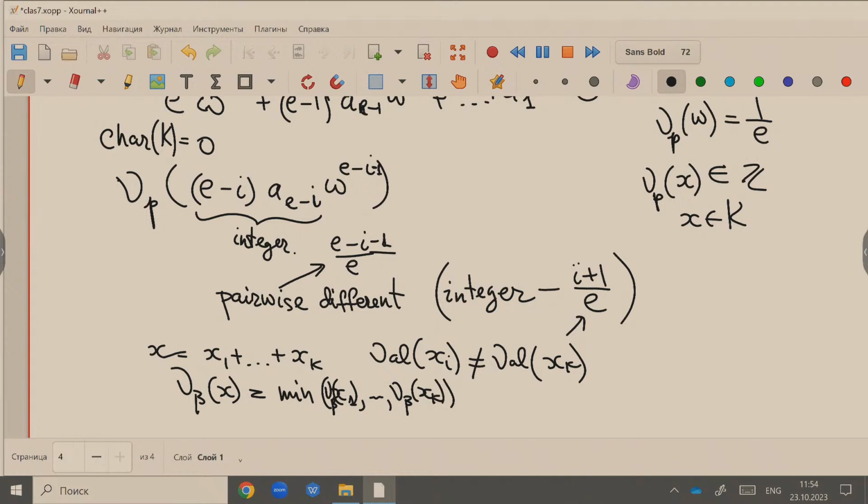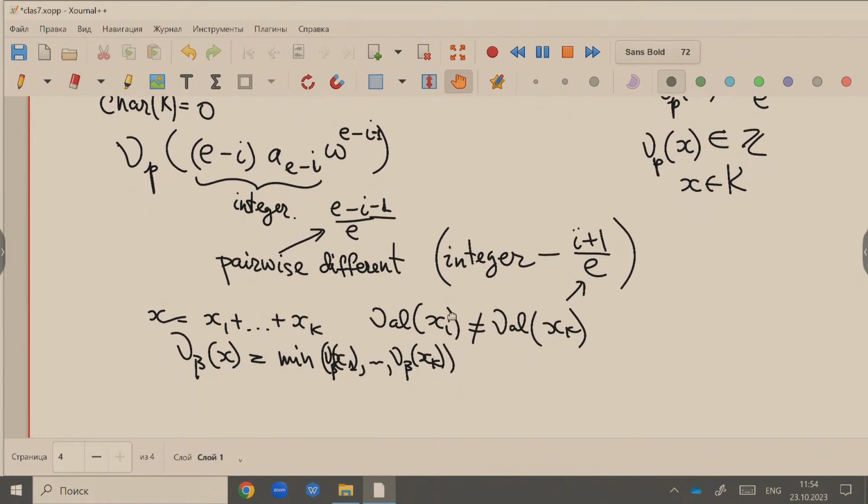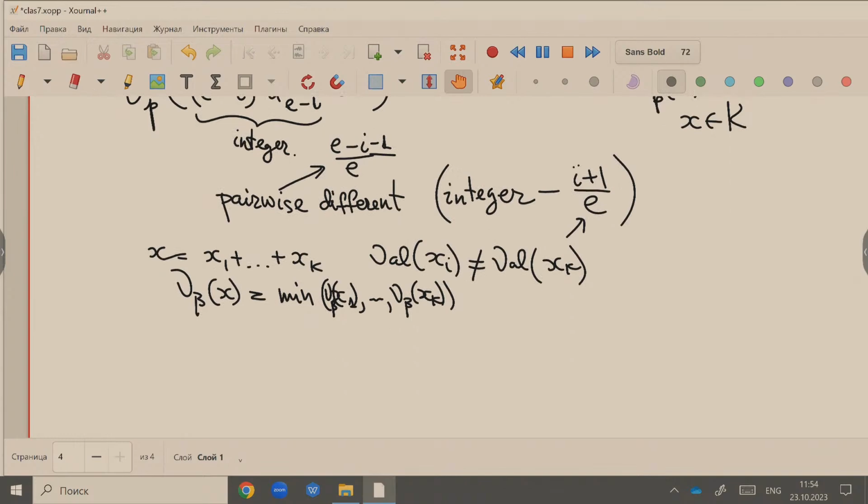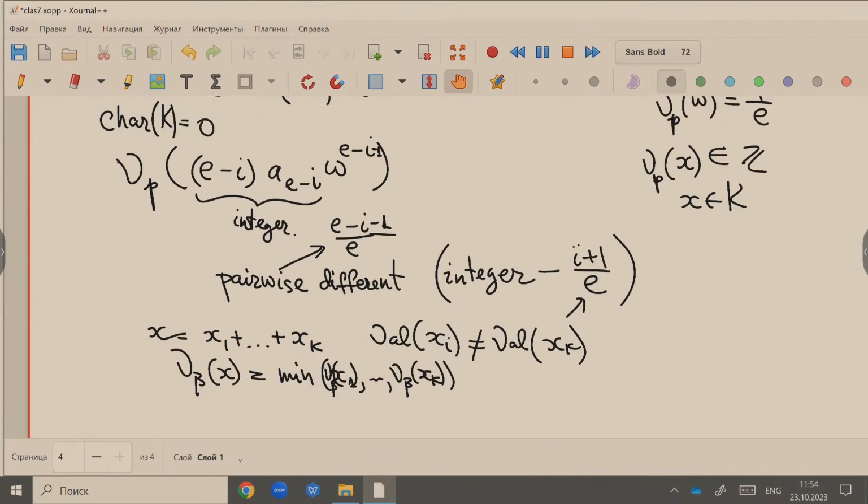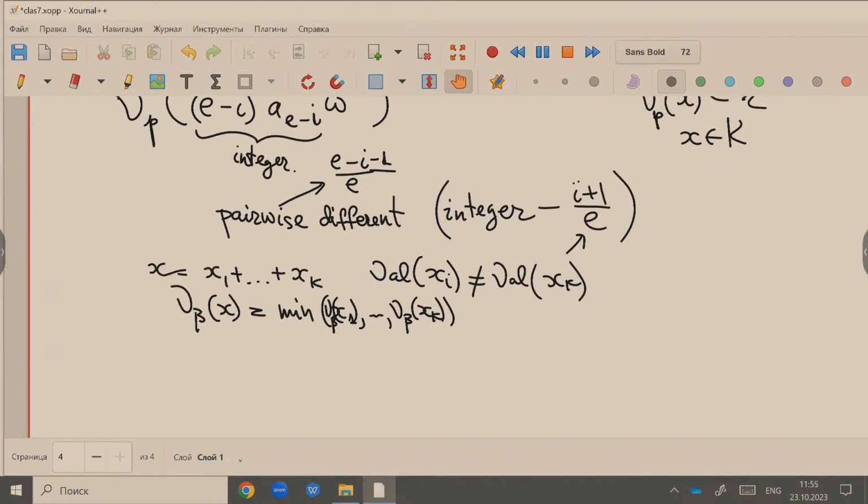Okay, and you see that now. So what is minimal? If you analyze this element, what you know is at least that the valuation of the different is bounded by the coefficients of the polynomial. So, corollary, you know that